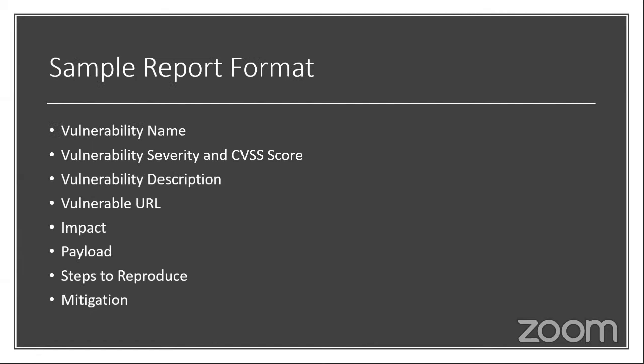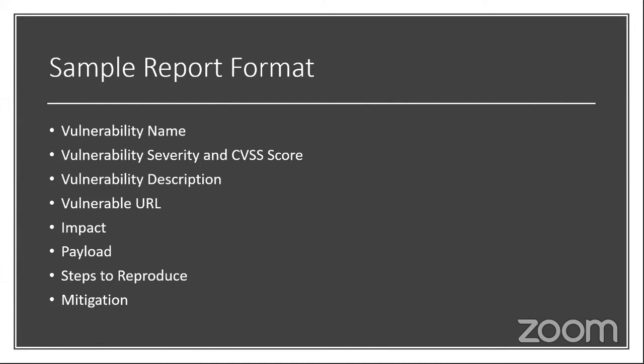So here is a sample report format. When you submit a report in a bug bounty program, this is how you can make a report format. First, mention the vulnerability name and the severity: critical, high, medium, low, or informational. Then the vulnerability description: what this vulnerability is, how it impacts the application, and the parameter or URL where you found this bug. Then the impact, what payload you used, and the steps to reproduce, so that a reviewer can reproduce the same